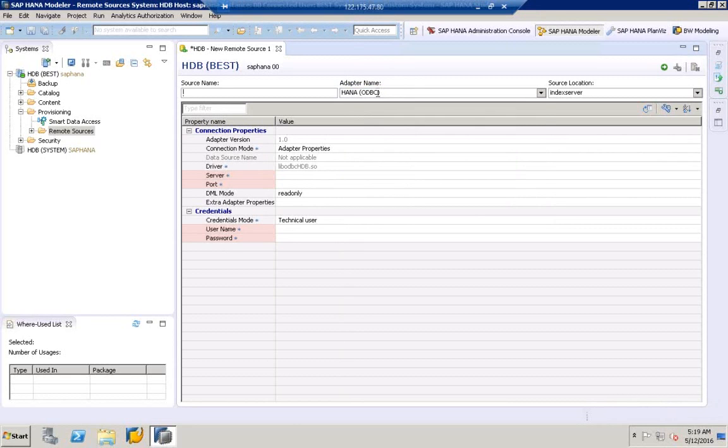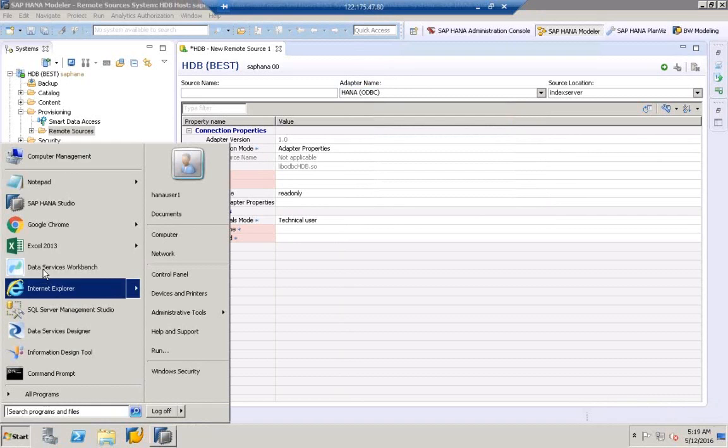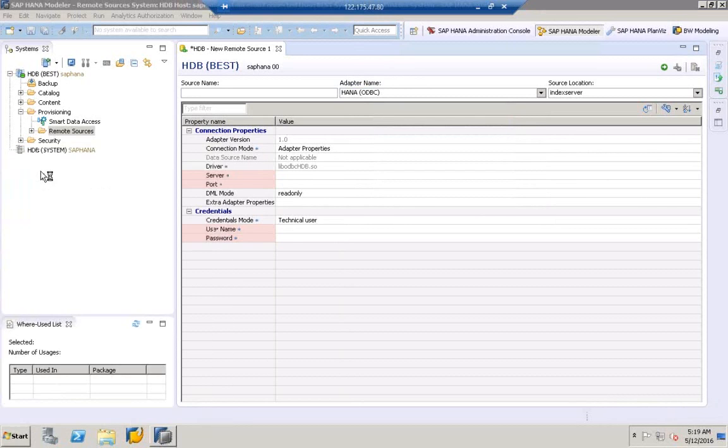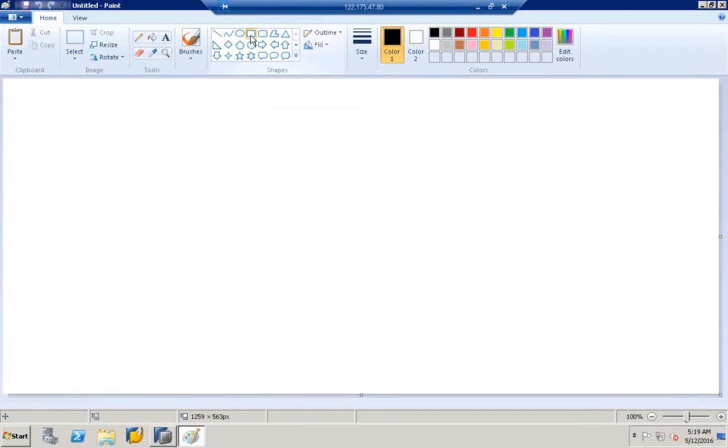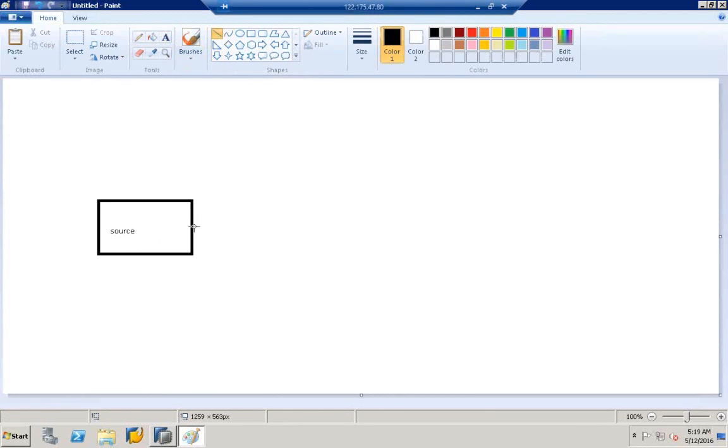Now, once this connection is established to the source using an ODBC connection,